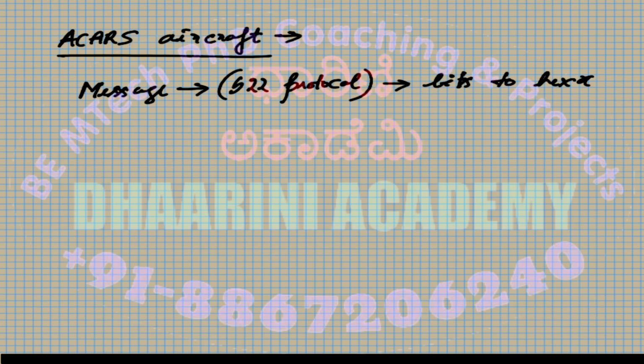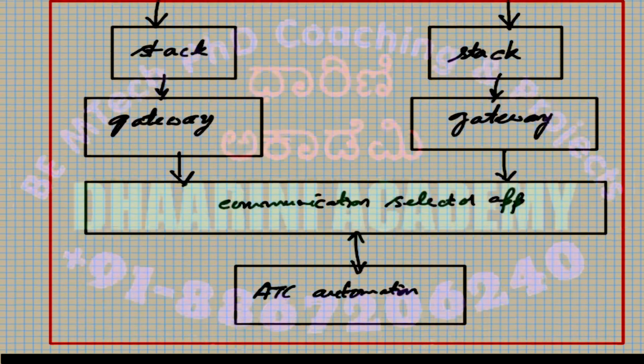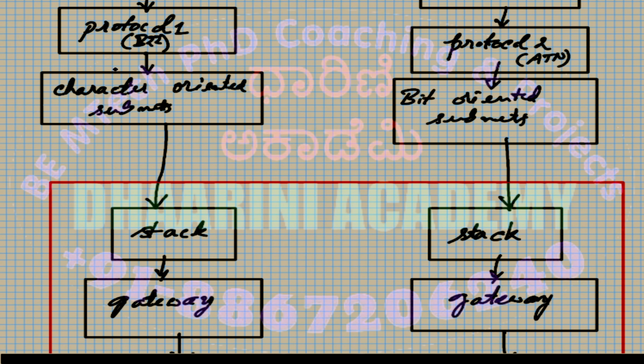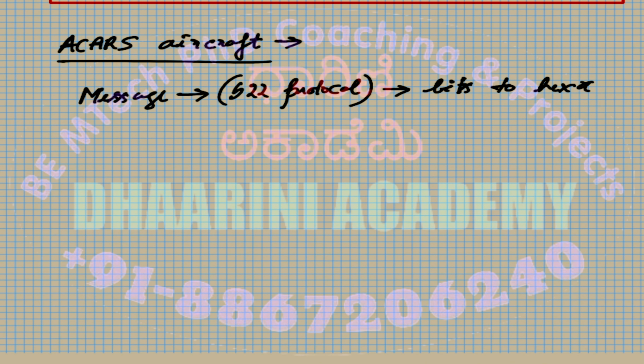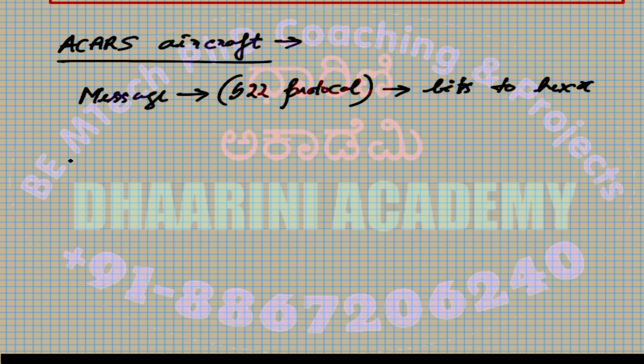So that's why you can see that it's a character oriented, in the sense you have 0 to 9 and ABCD, right, etc. So that uses the characters, right? So hexa uses characters as well, not just bits, right? Assume that both messages are same, right? That both aircrafts are sending the same message, but the way of representation is different for this ACARS, as well as when we go for the ATN,